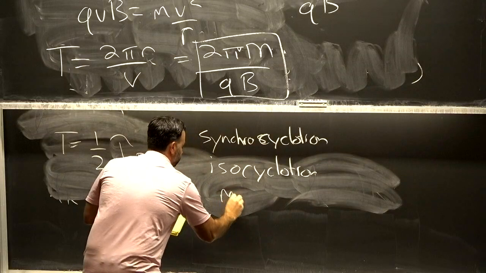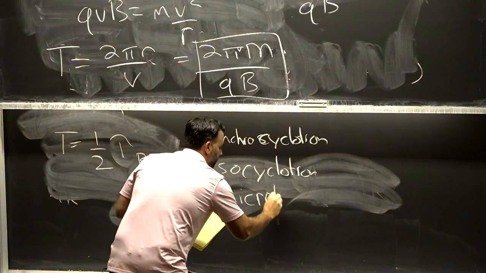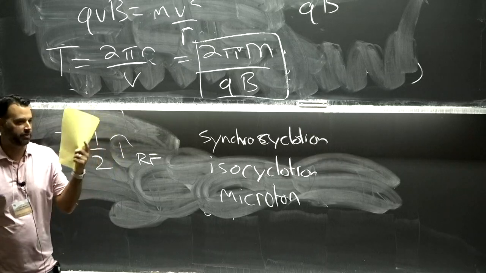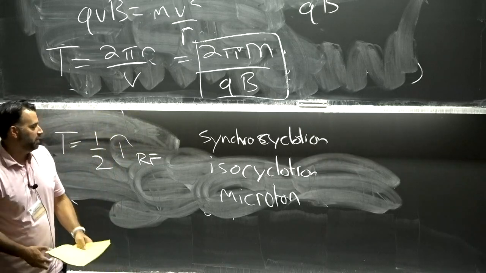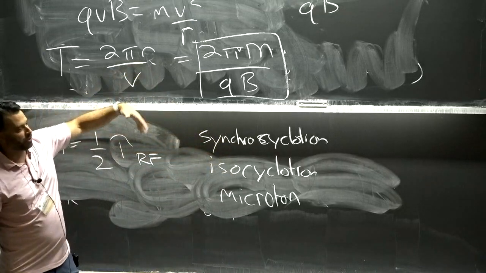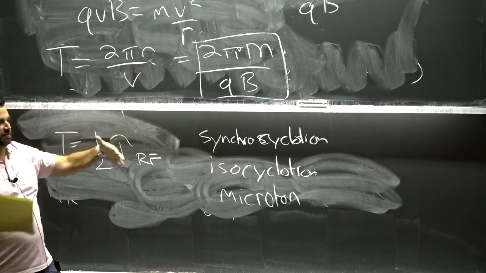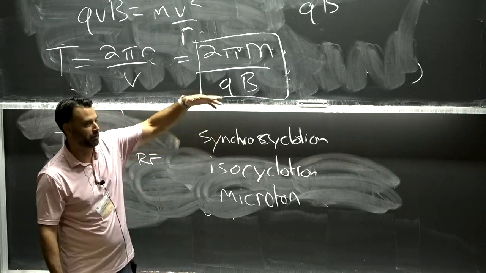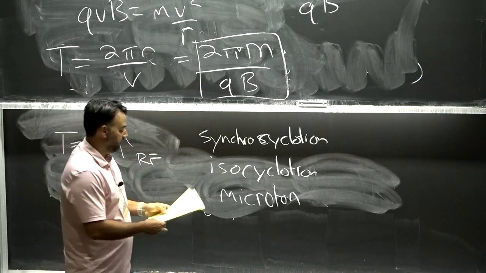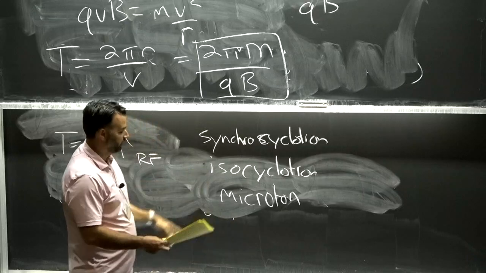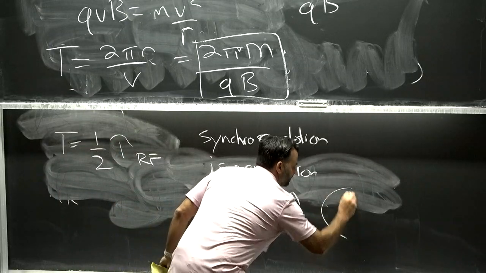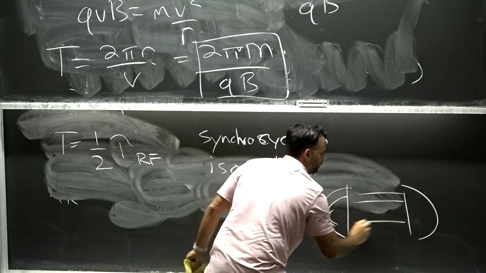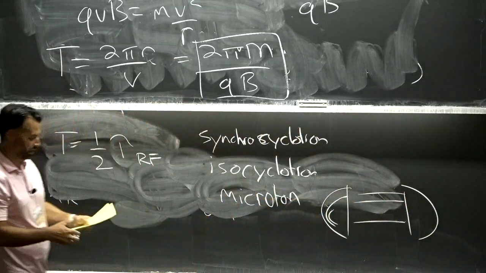or what's actually used. How many of you have heard of MESA, the experiment they use for dark photon? Okay, one. So the idea behind this is, as they go relativistic, different tricks to keep the size smaller. So the synchrocyclotron is changing the RF frequency instead of keeping it fixed. The isocyclotron changed the B field. And the microtron basically says, let me use this sort of deconstruction and then have a linear accelerator in between here, and I just keep turning them around back and forth.